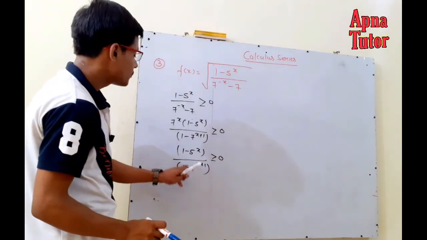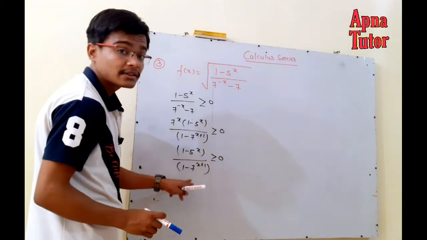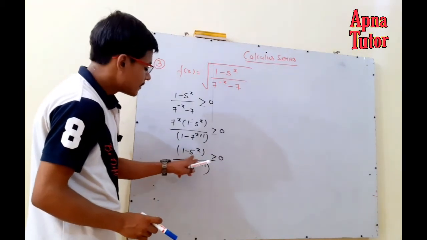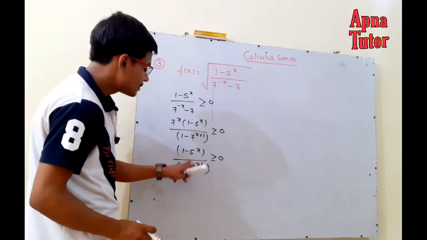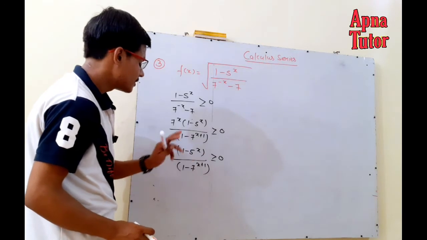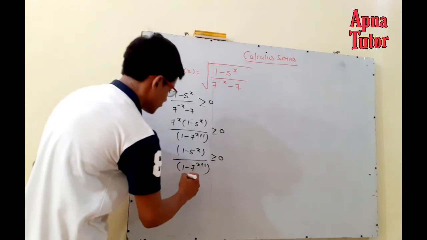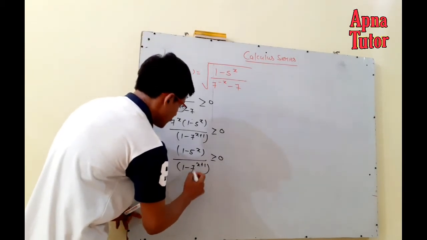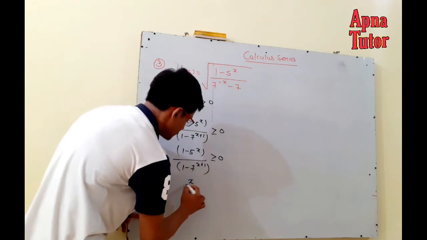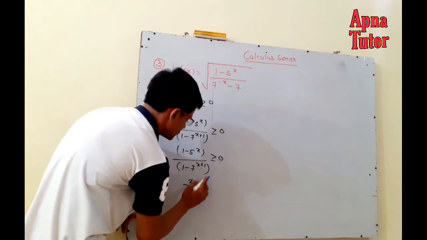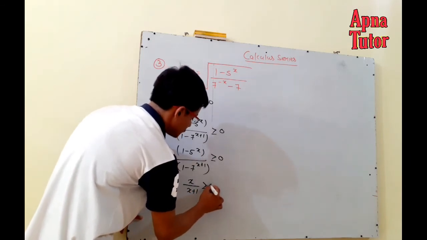So this exponential function behaves as an increasing function, so it behaves like a linear function. This is a tricky way: you can substitute this function with something dependent on x, which is x. You have to take the roots of this, x plus 1, which is greater than or equal to 0.